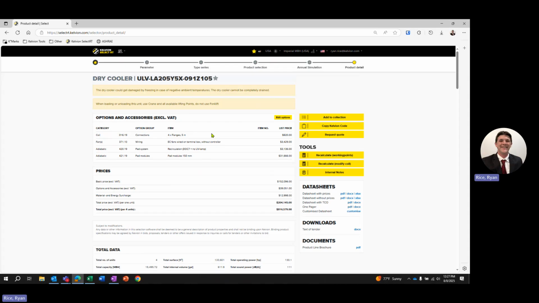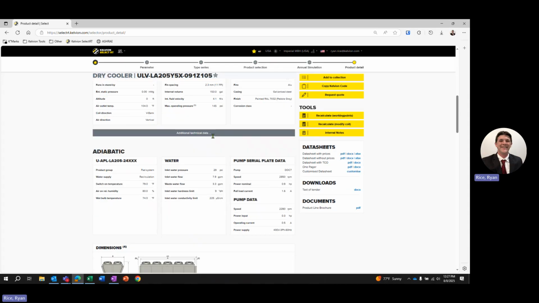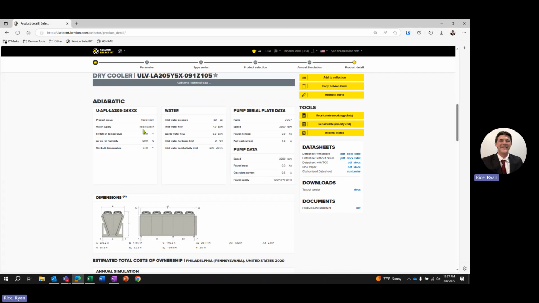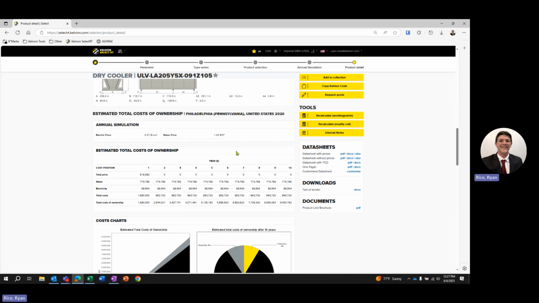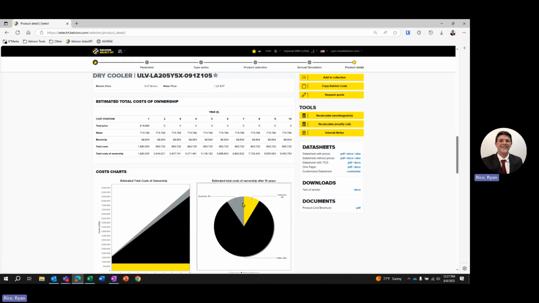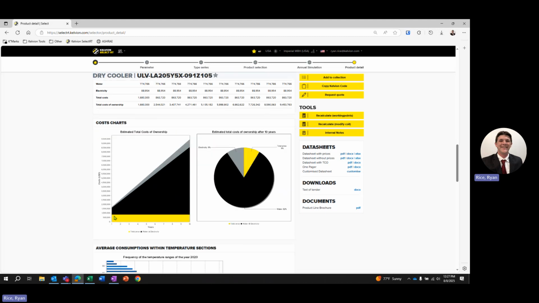But this is the same page that you saw before, but now at the bottom, there's going to be a little bit more information. So you have your adiabatic system that we had seen before. I don't actually think we showed an adiabatic data sheet, but it is here. There's also your total cost of ownership. So this is where I said if you want to put in 0, this will just be blank, but I did put in data. So it shows you here's what your total list price is, electric and water use, and then that's multiplied over 10 years to show you your total ownership amount for these 4 units,